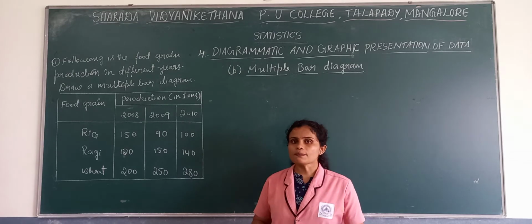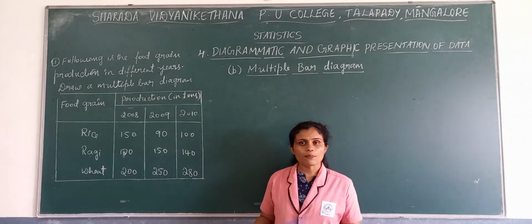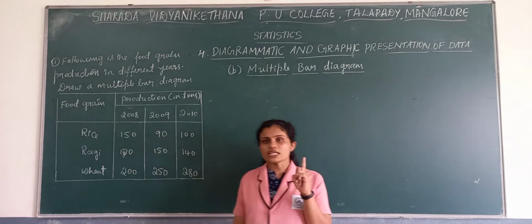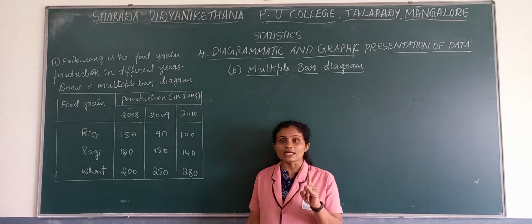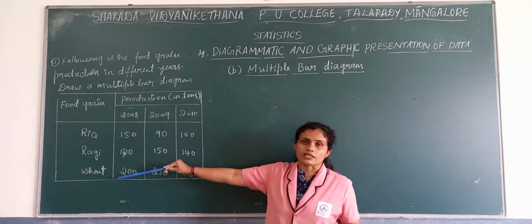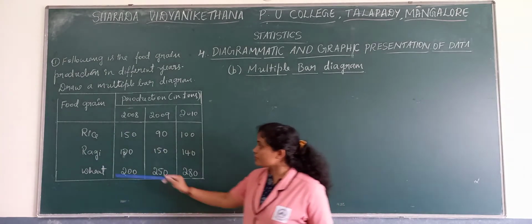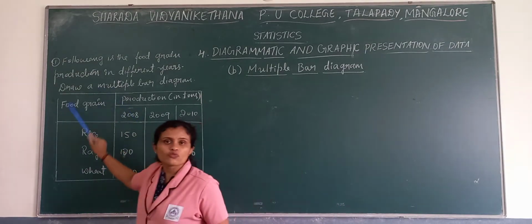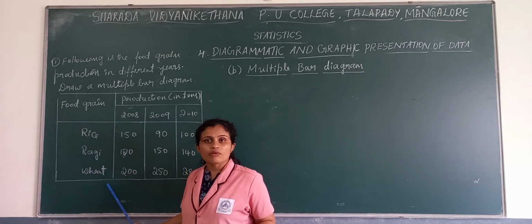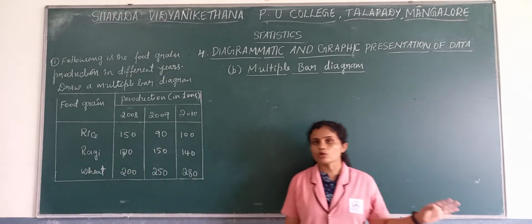Now if you compare simple bar diagram, there we use only the population of India, or for example the production of wheat. We are not using any other kind of data. There, in case of simple, only one particular data is used. But in case of multiple bar diagram, we use multiple data or multiple variables. So it's a set of interlinked data. Interlinked means what? These all are food grains. We are not taking rice and then population and then some other education or literacy rates. Such kind of different information we won't take here.